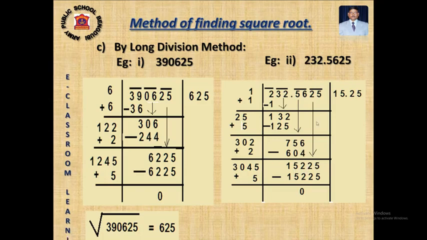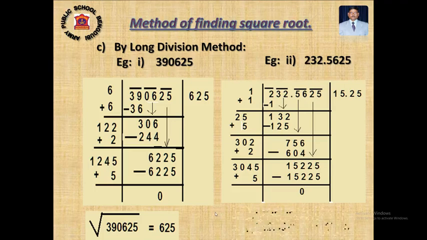After subtracting I am getting 152, and then you bring down the last pair of numbers here, 25. And what was the number here? 152. Forget about the decimal, 152. Make it double, 304, or if you add 304, imagine there is a 0, and again you see the number ending with 5. Definitely you have to write down 5 to divide. So 5, and again multiplied by 5. Earlier it was 0, imagine there was a 0 here, and that 0 you have replaced by 5 because we have to multiply it by 5 times. After multiplication and subtraction I am getting 0. So what is the square root of the number? The square root of this number is equal to 15.25.